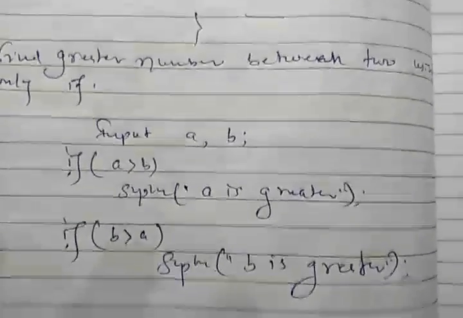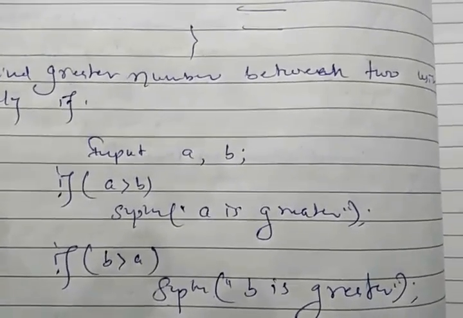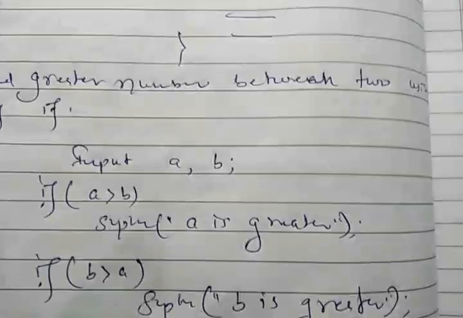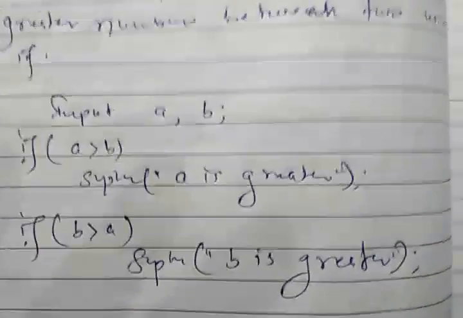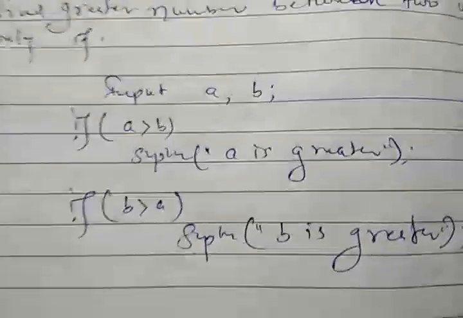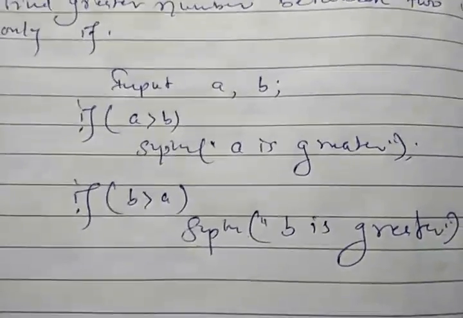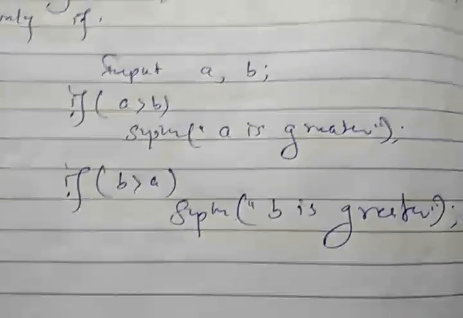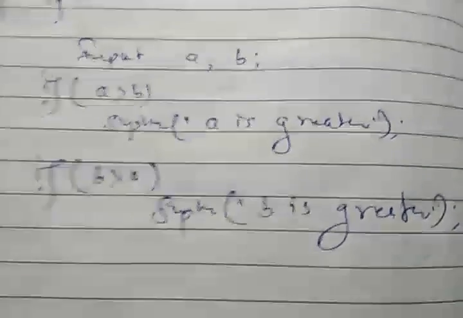So the major difference between if and if else is this: when there are multiple if statements inside an if else, when the condition is true, the system will exit from the if else block, so the program speed will be fast. In case of plain if statements, if the first if condition is true, the system again checks the second condition, third condition, and so on. Even if these conditions are not true, so your program speed will be slow.